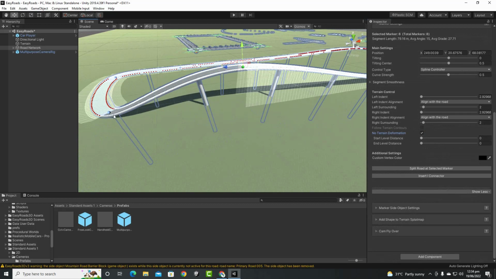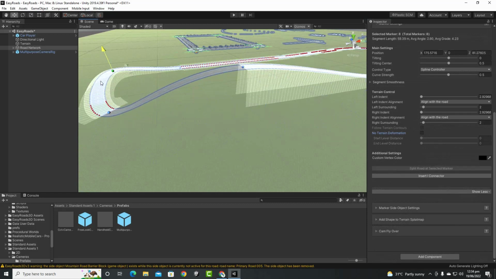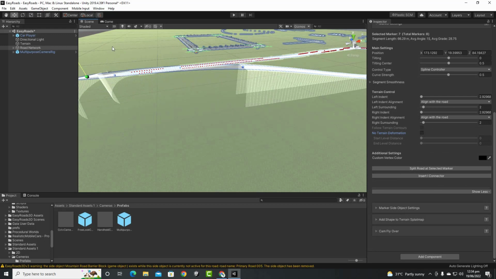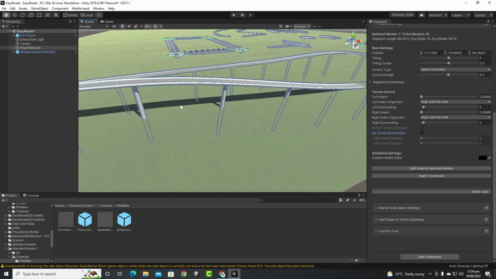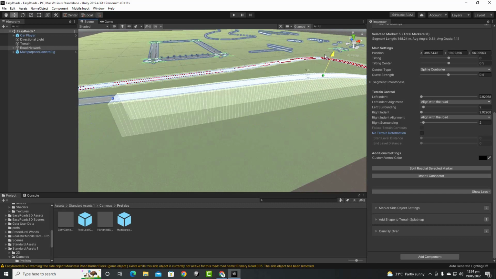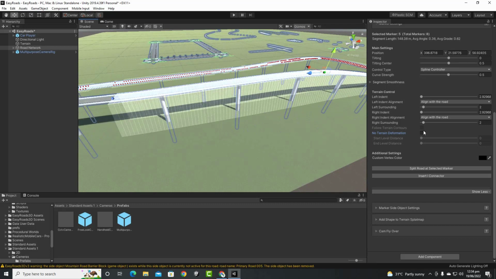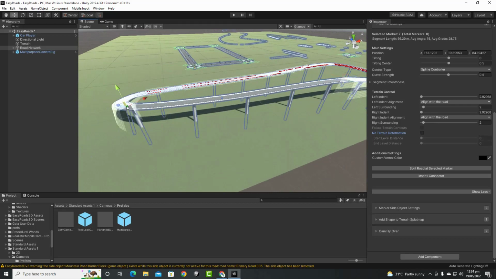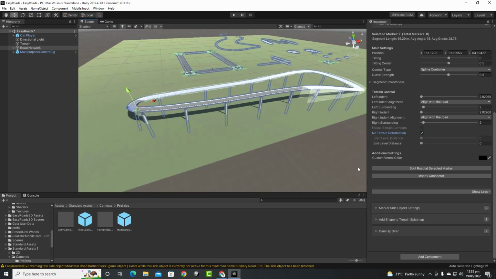You can see it deleted deformation here, and actually I will just move this node a little bit up like this, and let's select this one as well, okay. And now we will select the no terrain deformation, we will delete the terrain deformation from here as well and here as well, okay. So now if we build the terrain,